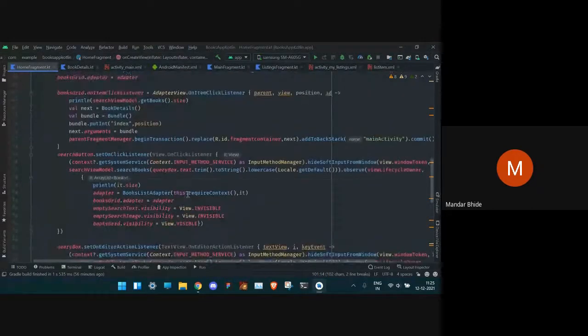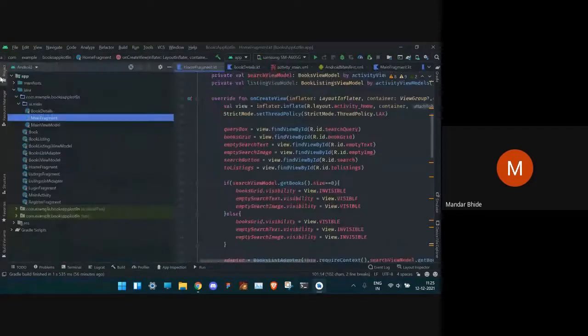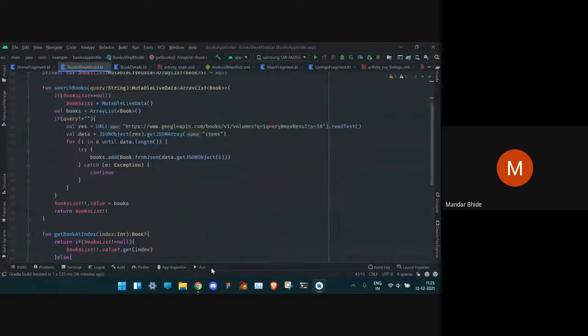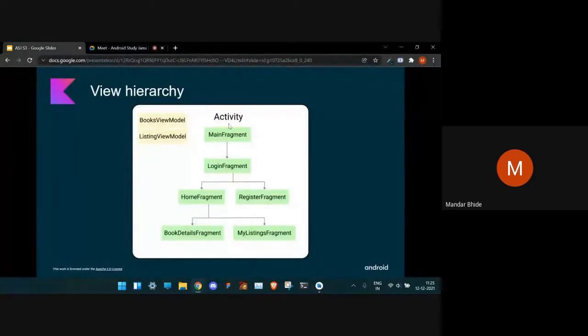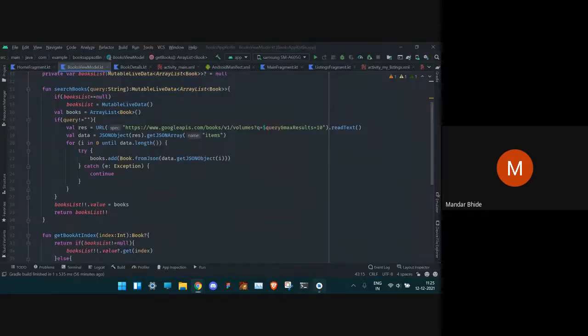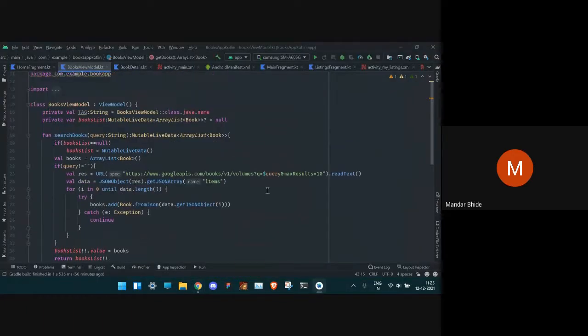So now it's time to see some real Android part, that is view model. So we saw in that architecture diagram that there is an activity, it has certain UI fragments and certain view models. View models which actually hold data and which can be shared among the fragments.